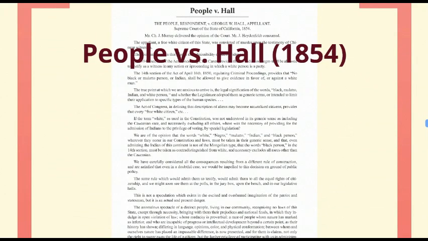In 1854, there was a court case called People versus Hall, and essentially what happened was that a white foreman had beaten a Chinese worker to death in front of a bunch of Chinese witnesses. So it should have been pretty much a done deal as far as convicting him and sending him to jail. But what happened was the judge threw out the case because he stated that the Chinese couldn't be trusted, that their testimonies weren't to be trusted.